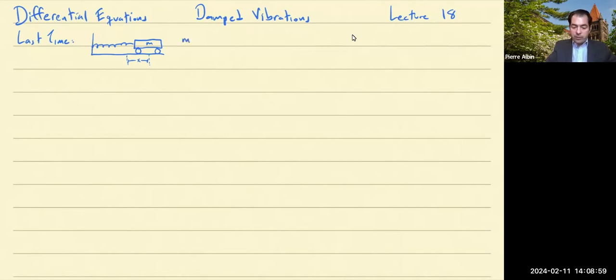And so then using Newton's second law of motion and Hooke's law, it's governed by this differential equation,